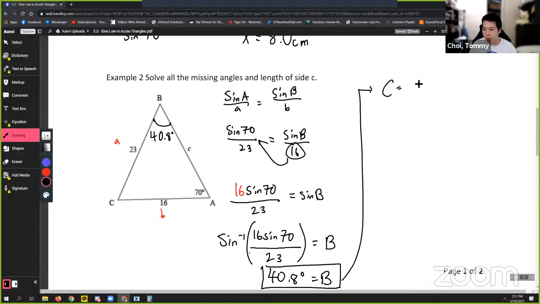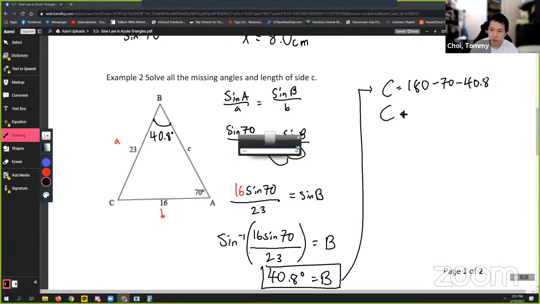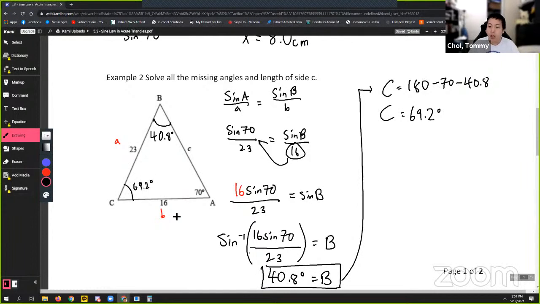So C is going to be equal to 180 minus 70 minus 40.8, because 3 angles in a triangle add to 180. So that immediately gives us angle C, which is 69.2 degrees. We can write that into our diagram now, which allows us to now solve for side